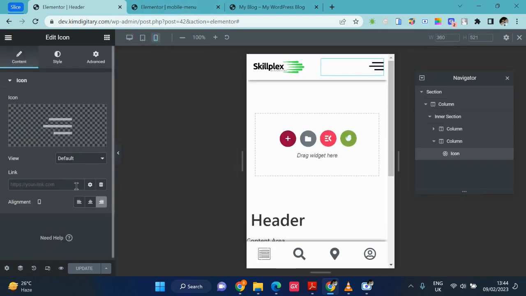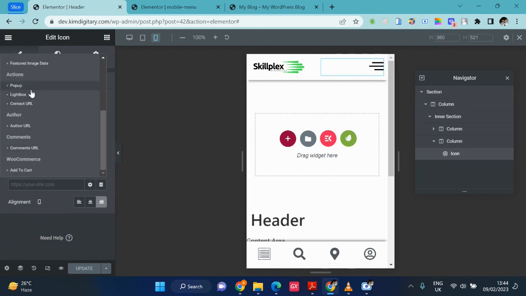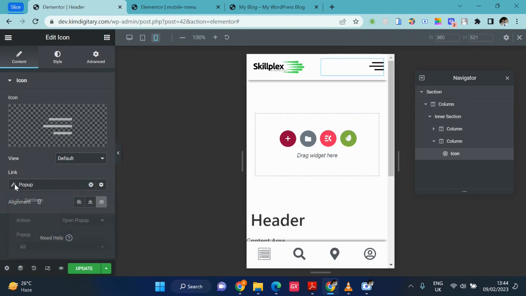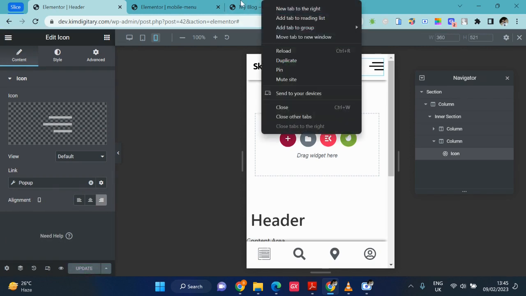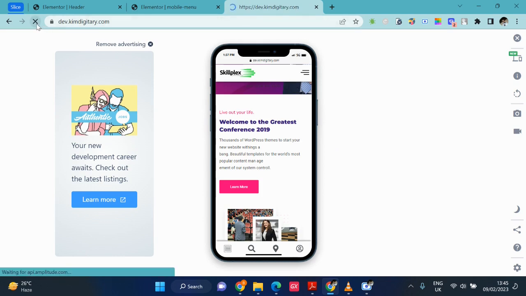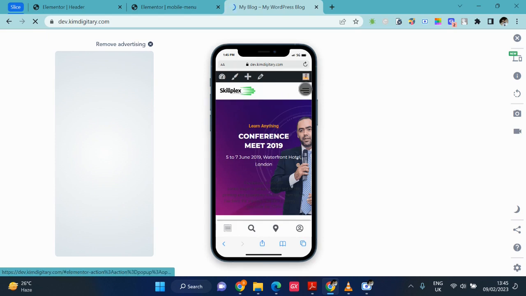So we click on it. We come to dynamic tags. We select pop-up. Then we come to this spanner icon. We select all and then search for the mobile template. So we save this. If we come back to check our site, we can see that when we click here,